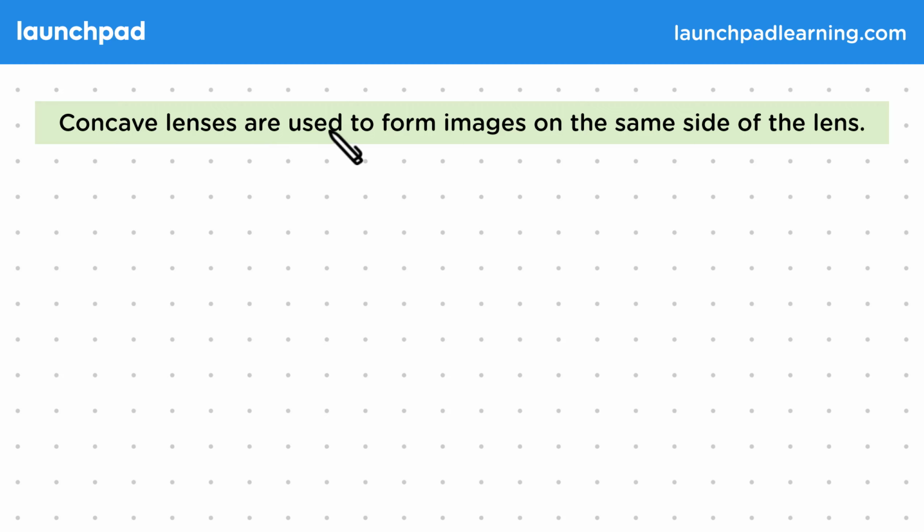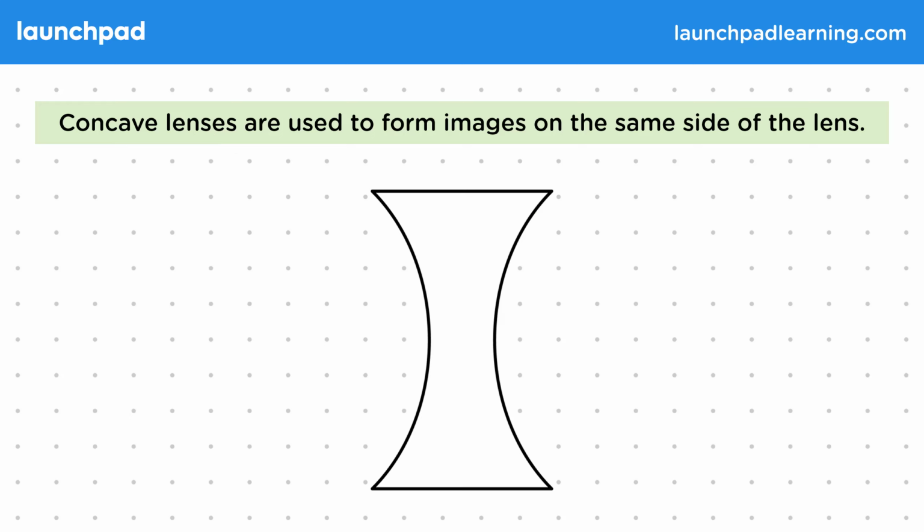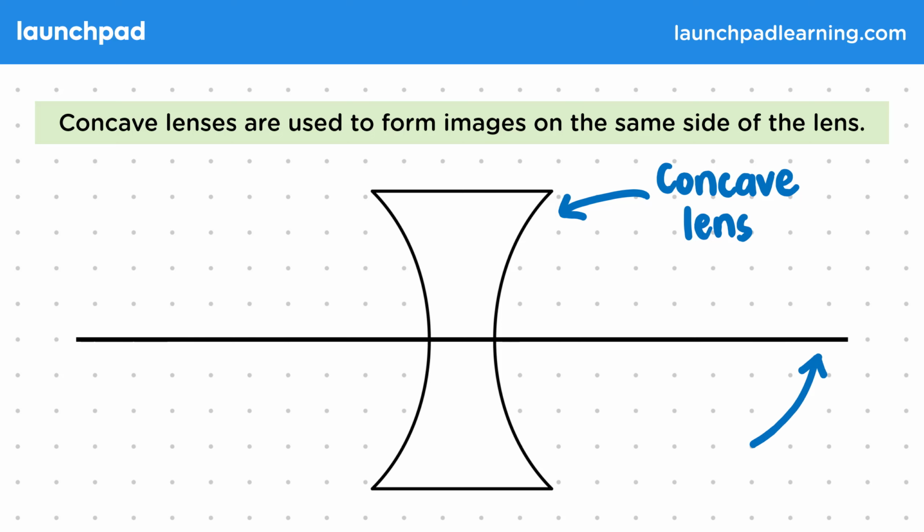Concave lenses are used to form images on the same side of the lens. Now, lenses are devices which use specially shaped glass to refract light and form an image. For example, a concave lens will cause parallel light rays to refract and diverge, but appear to converge at a point before the lens. When thinking about how a lens forms an image, we should always draw in the principal